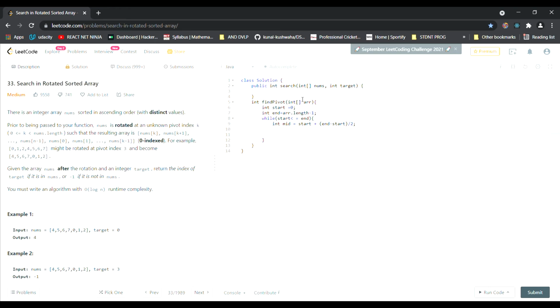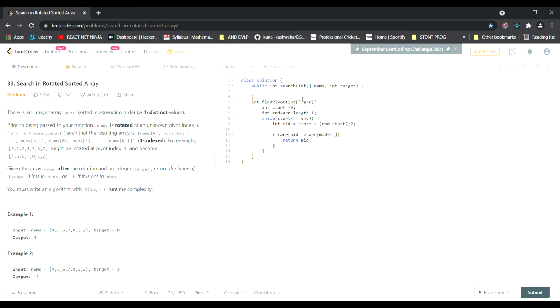Now we'll check our cases that I have explained earlier, the 4 cases. Now we'll put check conditions on that. So first was if array of mid is greater than array of mid plus 1, then we have to simply return mid.